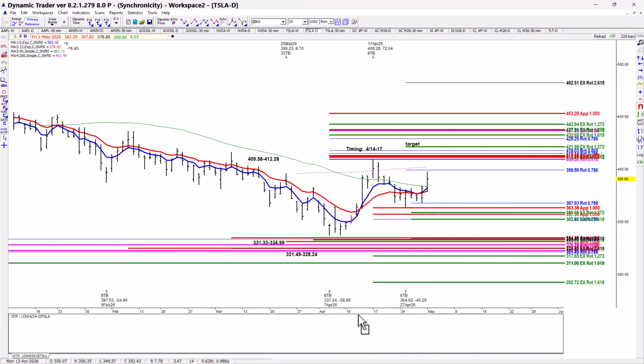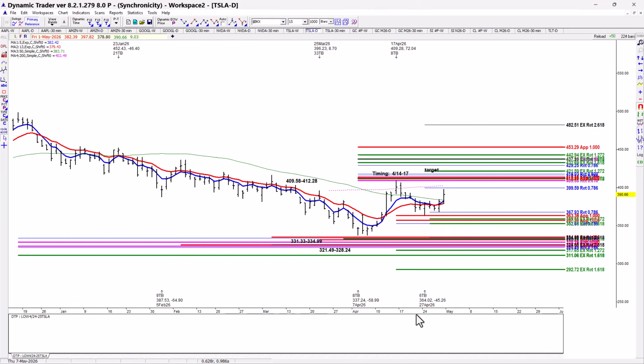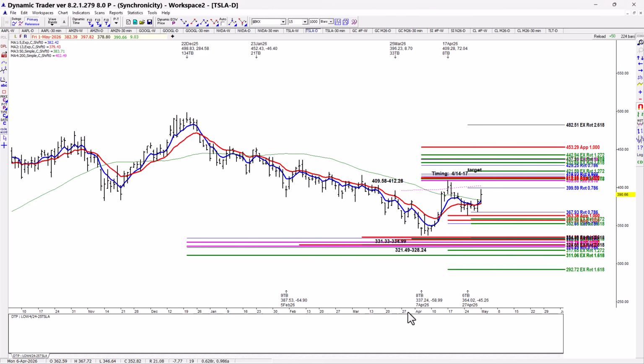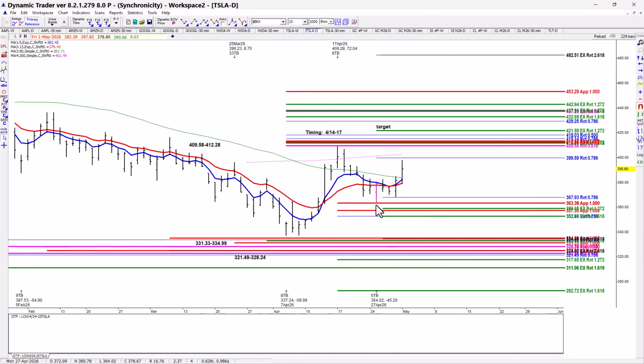Okay, so remember, this was the first time that the 513 had crossed to the upside since back here, or when it crossed to the downside here. And that's why we're watching this pullback. So far it's holding, and if we continue to hold above this last low, my target 1 will be